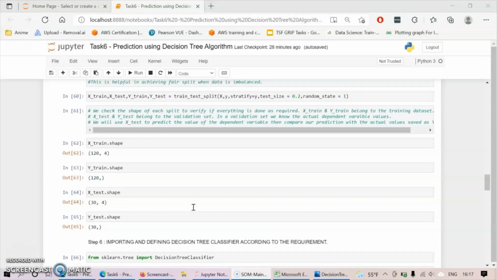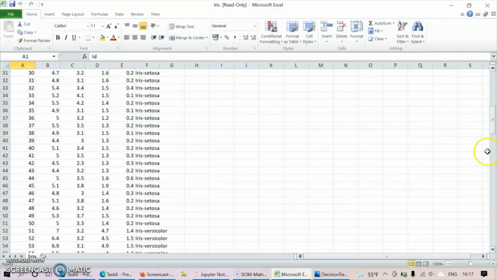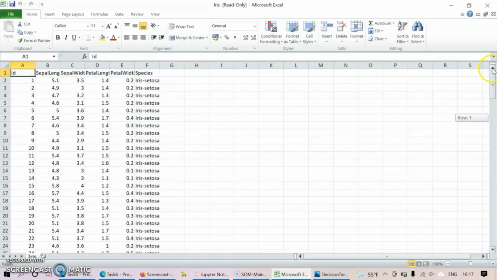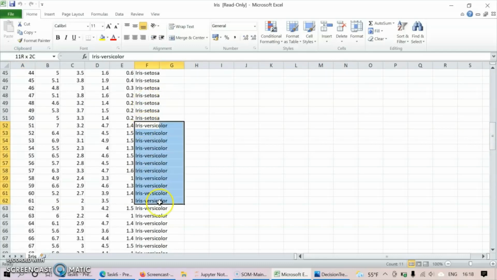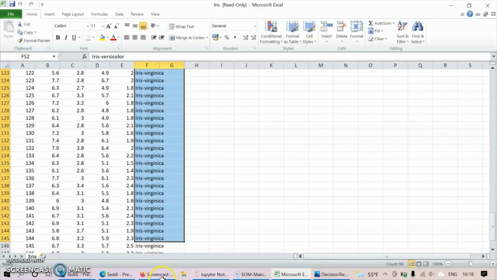Another thing to look at is the stratify parameter in train_test_split. When we see the input data, all the Iris setosa species are the first 50 values, then comes Iris versicolor, and then Iris virginica.